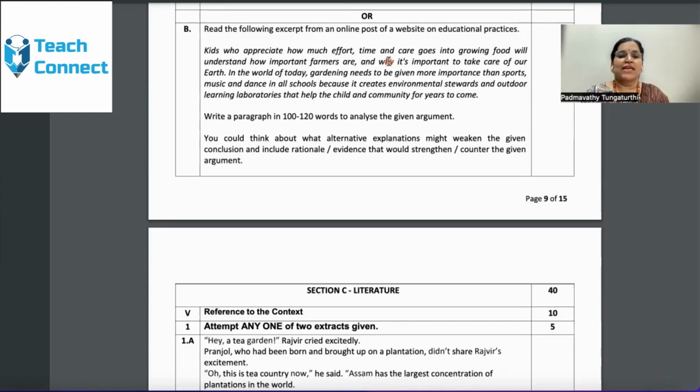Why it's important to take care of our earth? Everything, the bracket confinement is the passage given here. What is that which would strengthen making the students be aware of growing food? Or should they really overtake the sports periods and given more importance than sport?